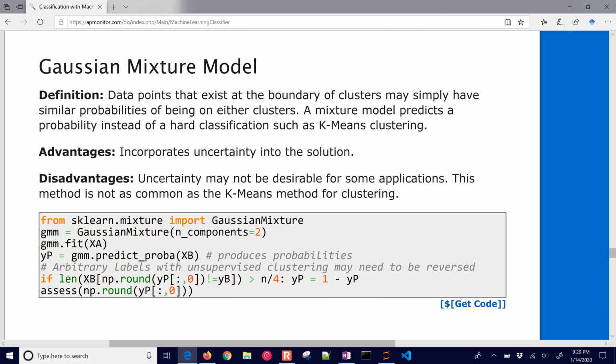Okay, so basically if you increase the distance between 2 sets. Okay, you have the Gaussian mixture model. One of the nice things about this is that you do get a measure of uncertainty in the solution, where it's going to show you not just a true false, but a number in between. So you might have to just round it off to 0 or 1 or true false for the final solution if you need that. But sometimes that uncertainty is desirable. So if it says it's 60% sure that it's true, 40% sure that it's false, then you can take that into